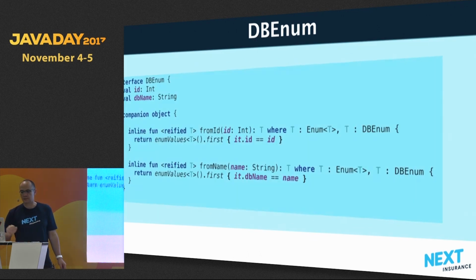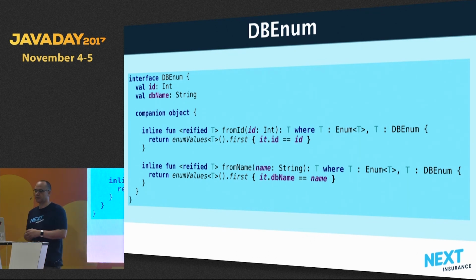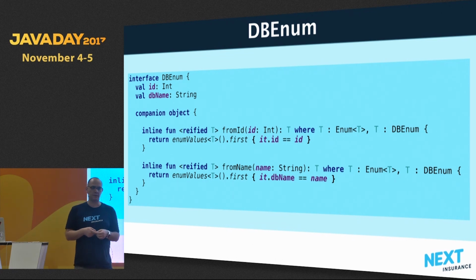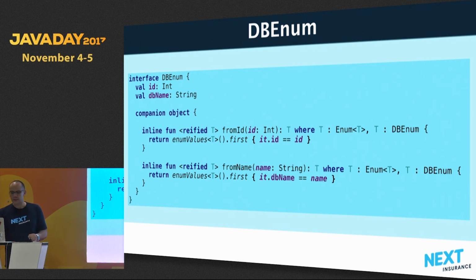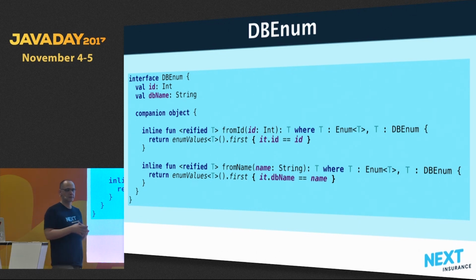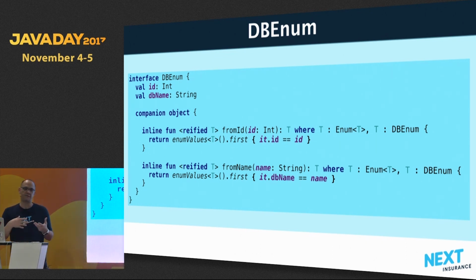And what does database enum do? It has two methods that are inlined and reified that return an enum instance from an ID and from a name, okay? And why do we need that? Because then we can take the ID, the number, and return the enum from it quite easily. And the reason that we need to use reified is because we use the method enum values, which is a Kotlin standard library function that is reified itself. And reified methods, if we